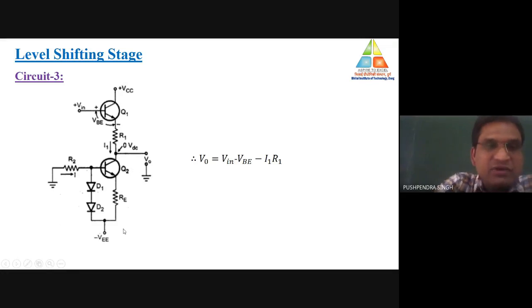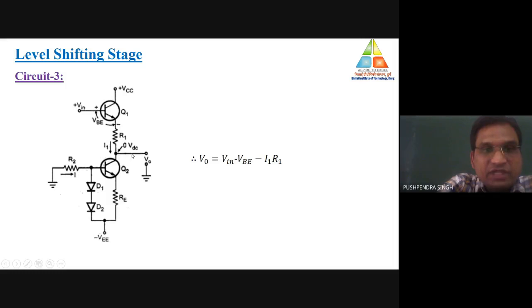We have already discussed this constant current source. What is the fundamental of a constant current source? The value of this current I1 should be the same as the current at the emitter terminal of transistor number 2, which is the same current we get at the collector terminal of the transistor in this particular circuit. So with the help of that, without increasing the value of the resistances over here, we may compensate the effect of increasing the resistance.